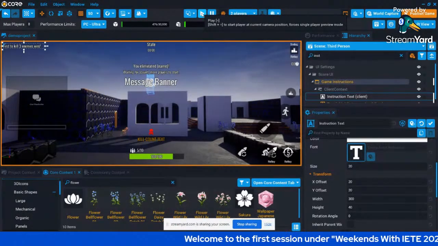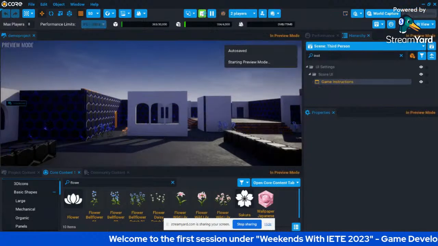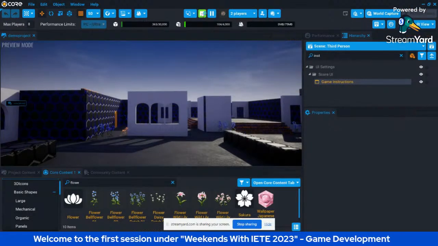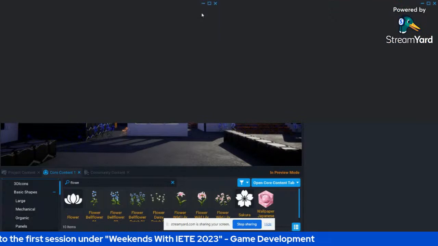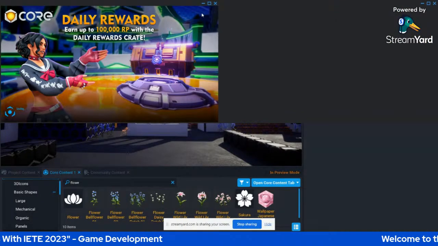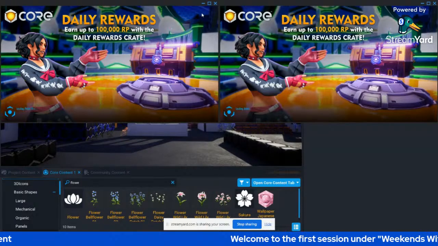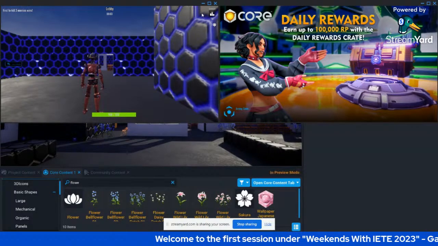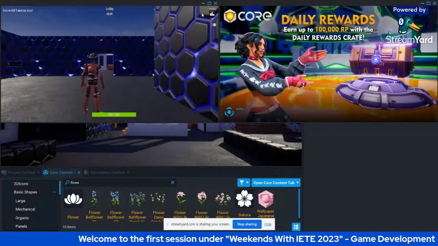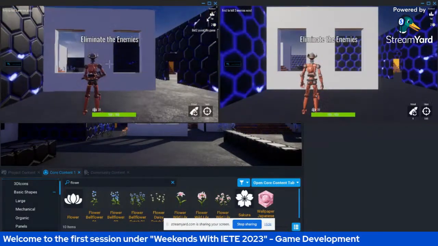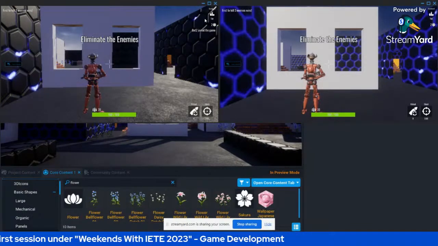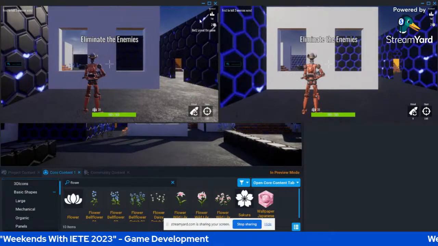Can you see? Now just start the preview mode. Is it visible?